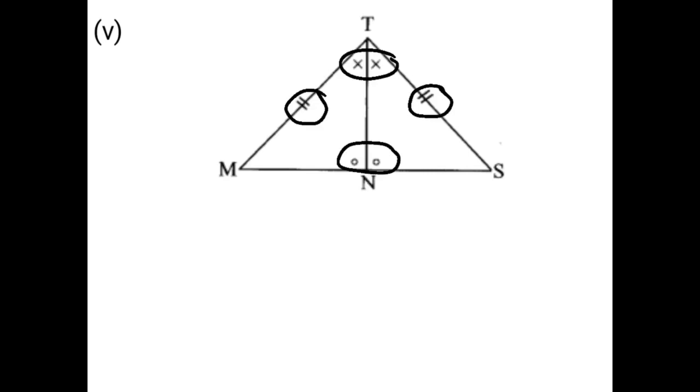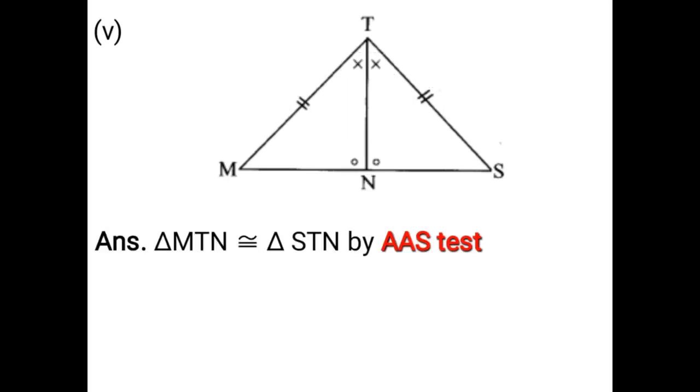Side angle test, SAA test, angle side test, or AAS test are the same. Okay. Now I have tried the answer. Triangle MTN is congruent to triangle STN by angle side test, which means AAS test,